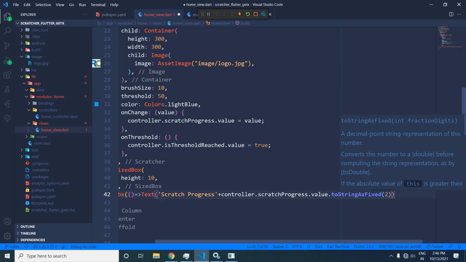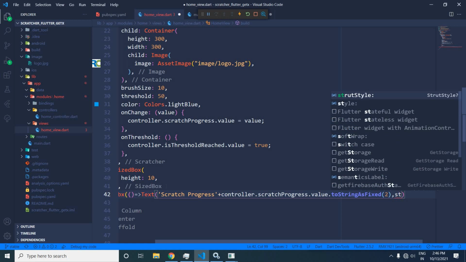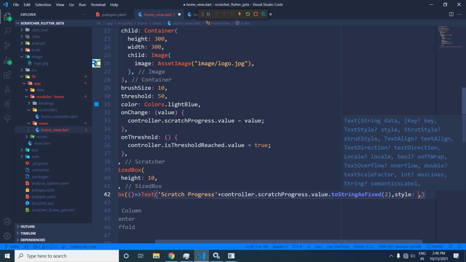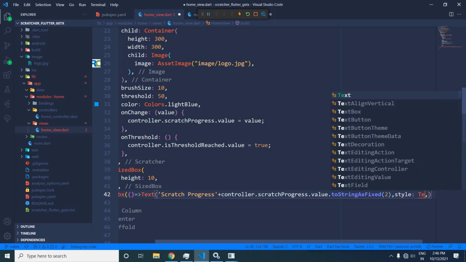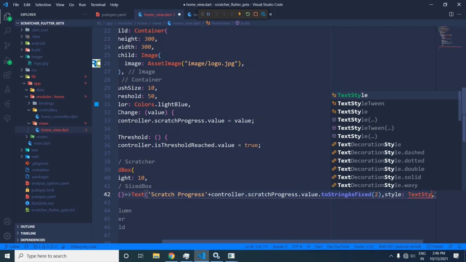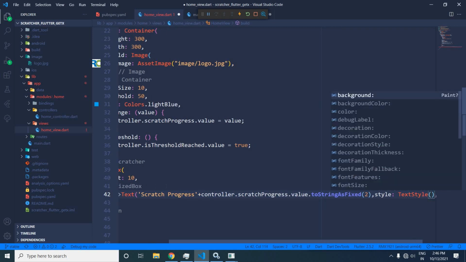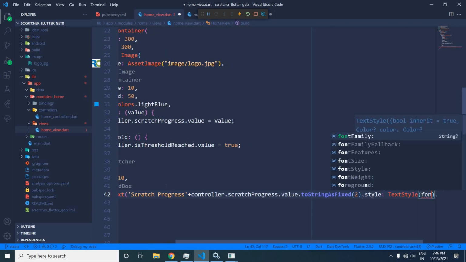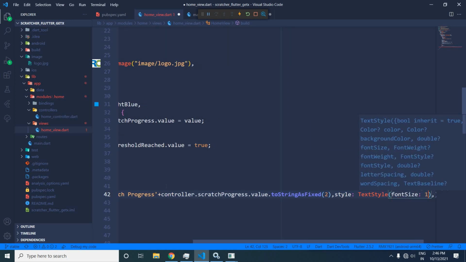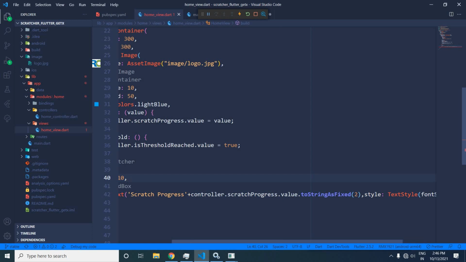Okay, now here in the style attribute I will use TextStyle, and in the TextStyle I will specify a font size as 18. Now let me save this.